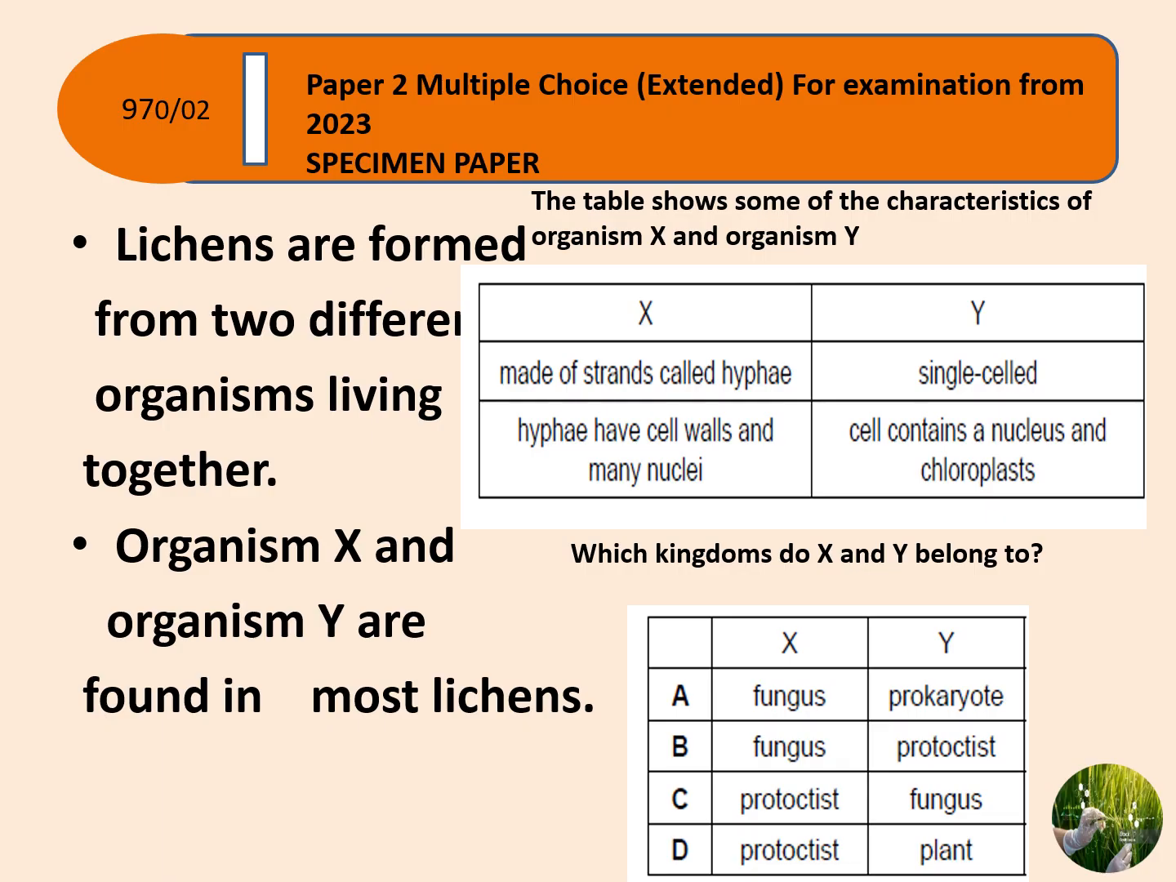Specimen paper 2023. It states lichens are formed from two different organisms living together. The two organisms are organism X and organism Y in the lichen. The table shows some of the characteristics of organisms X and Y. So now you have the characteristics, and what you want to find out is which kingdom X and Y